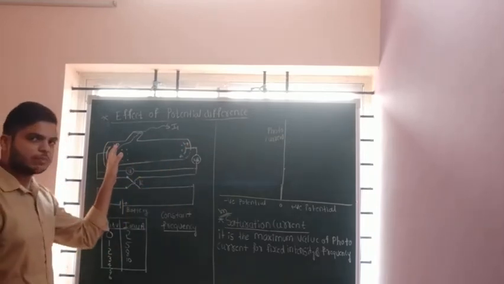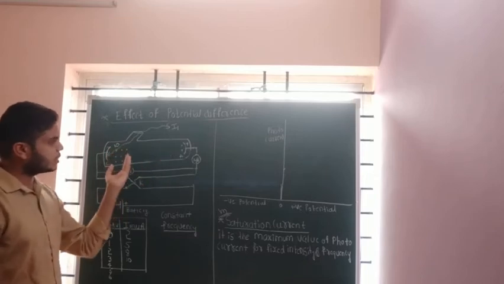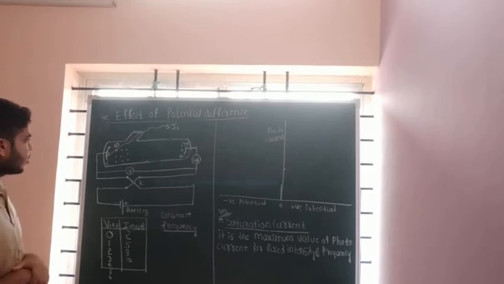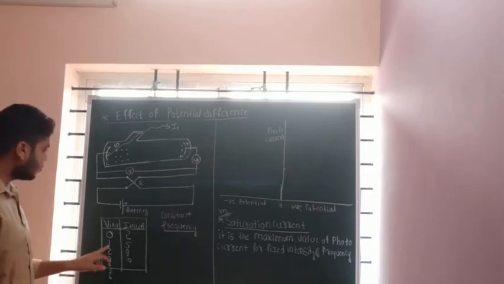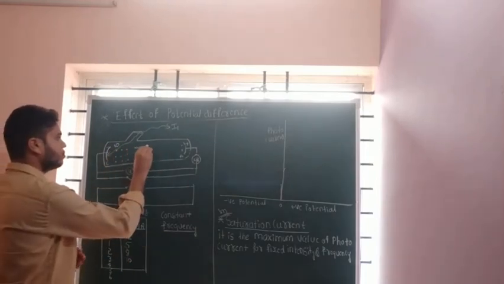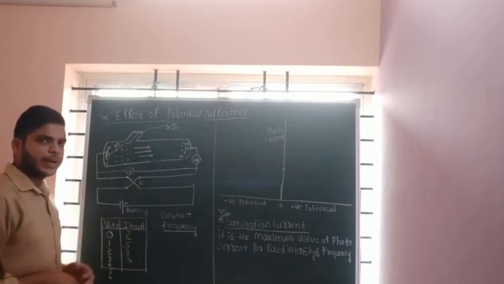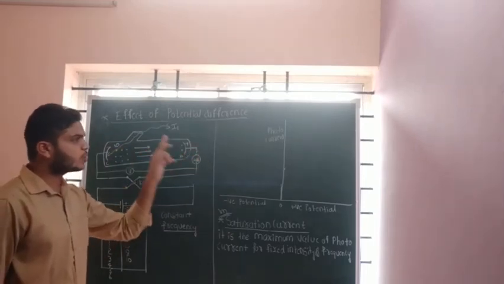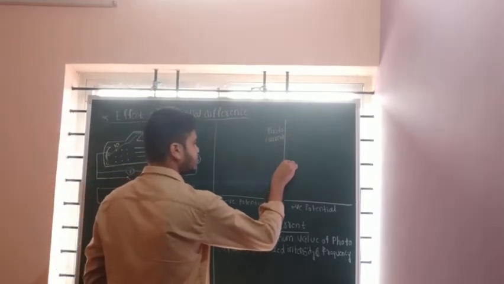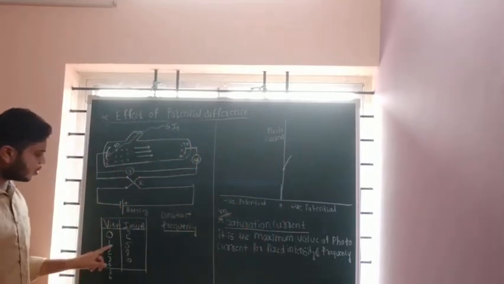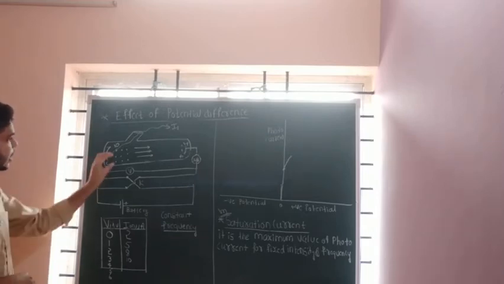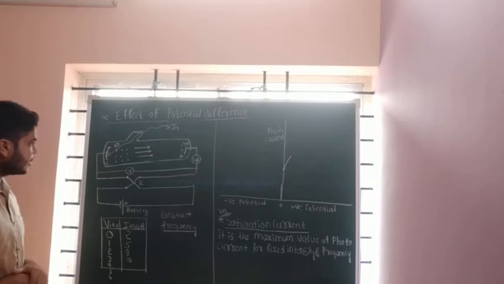Initially there are 10 electrons. 2 electrons have already reached the collector, therefore 8 electrons remain. When the potential difference is increased to 1 volt, out of 8 electrons, 3 electrons move towards the collector. They reach the collector and flow through the microammeter. Therefore, the photocurrent is increased. For 1 volt, 5 microampere current is observed. Now 5 electrons remain at the emitter plate.